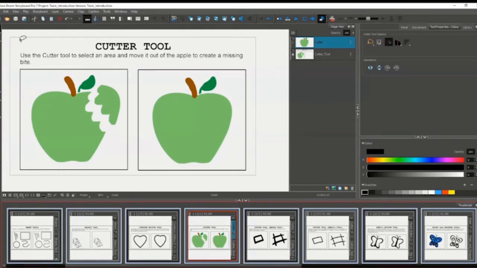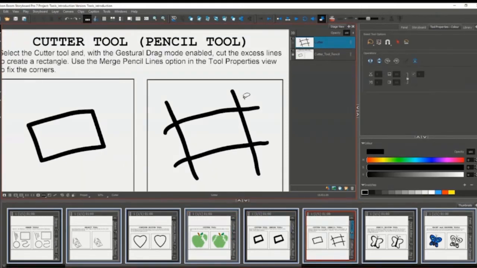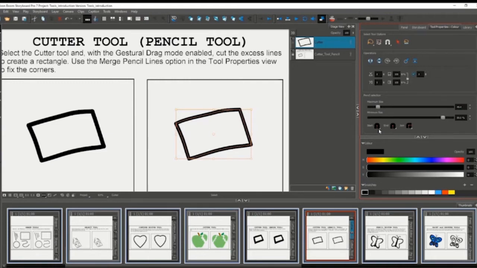It's very simple. What you need to do is, with the shape that you have already drawn, you can actually just go ahead and draw it out. You can actually take it out. For the pencil tool, when we select, this is actually an overlapping line instead of overlapping shapes. So with the cutter tool, when you delete, there's no merge line in Storyboard Pro, but you